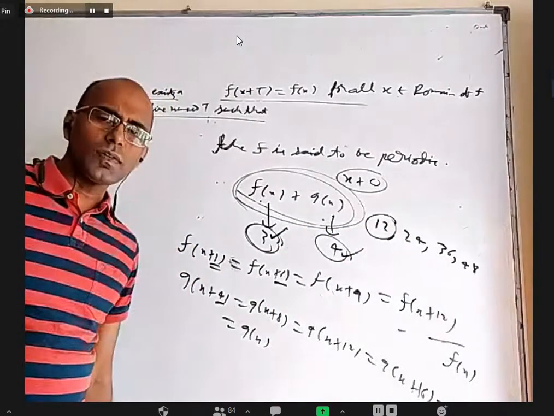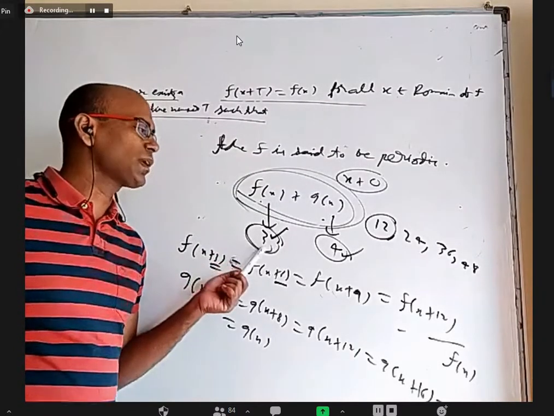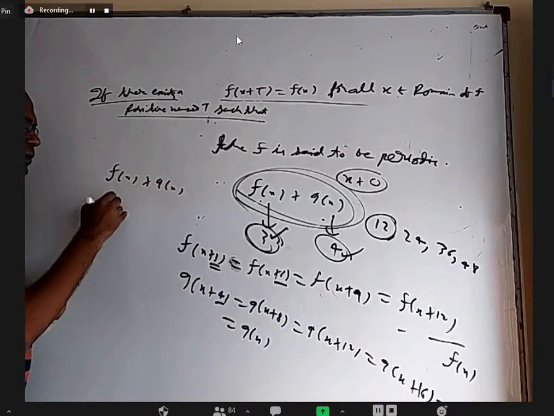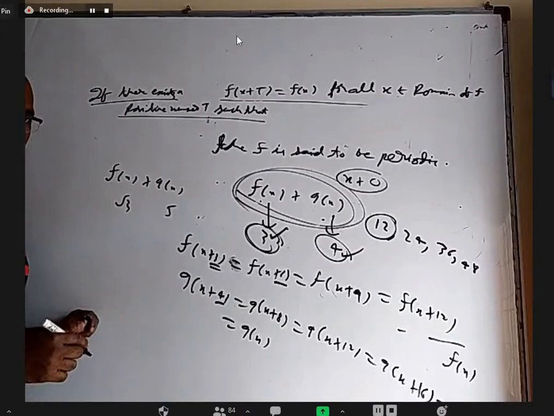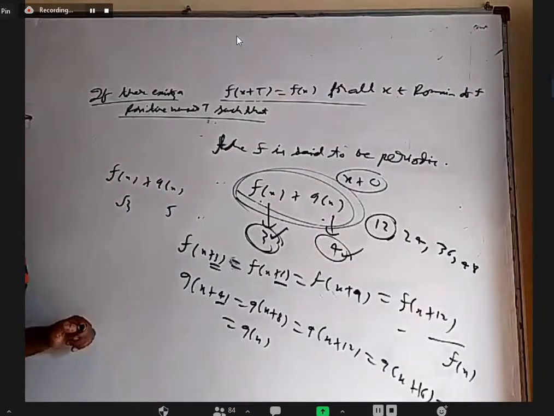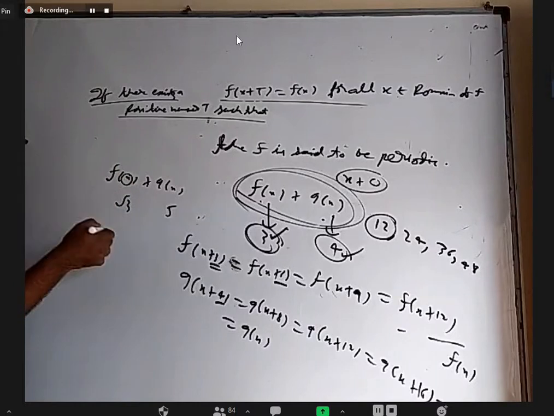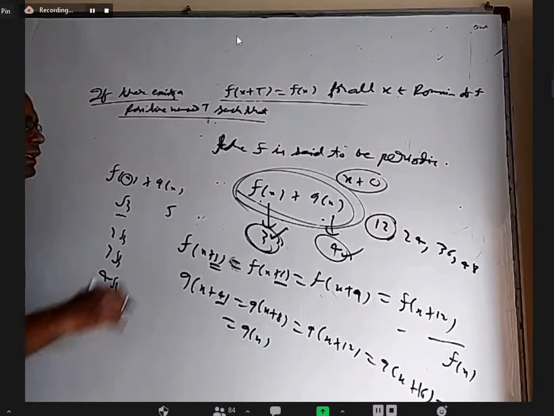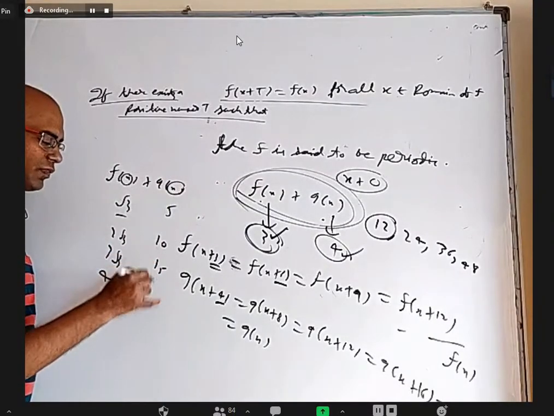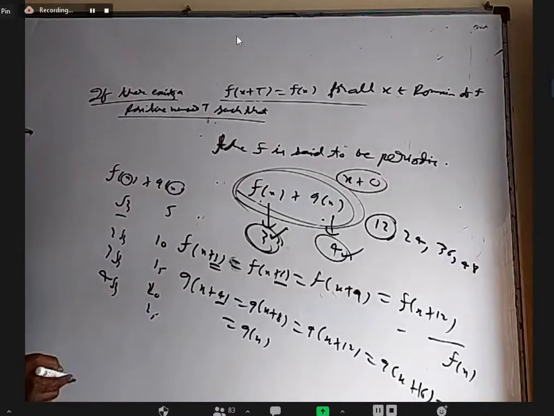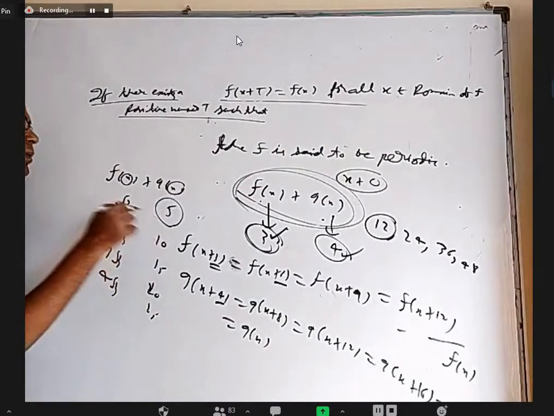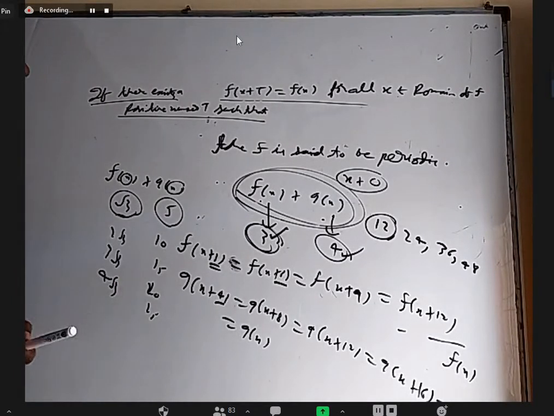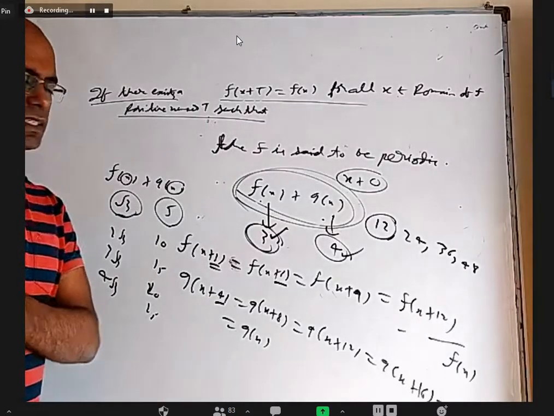Okay. It is not that the LCM always exists, because we are looking for an integer multiple of this and an integer multiple of this. For example, I have some other function. This period is root 3 and this period is 5. This is periodic, but their sum is not periodic. Why? Here I can replace x with x plus root 3 or 2 root 3 or 3 root 3 or 4 root 3, and so on. Here I can replace x with 5 or 10 or 15 or 20 or 25. An integer multiple of 5 can never be equal to an integer multiple of root 3. So there is no LCM in that way for this. Okay. So there will not always be a common multiple.